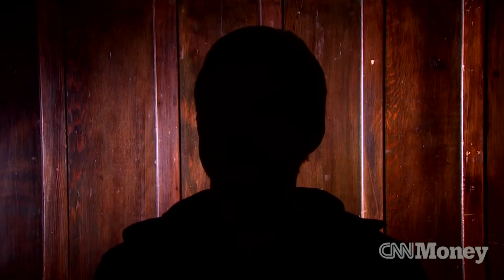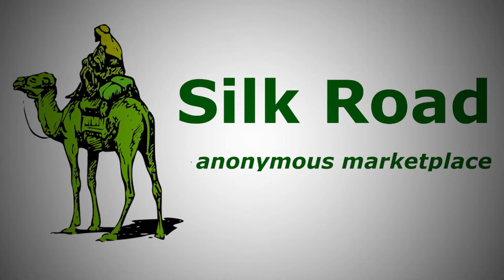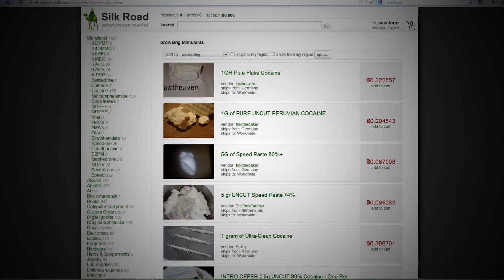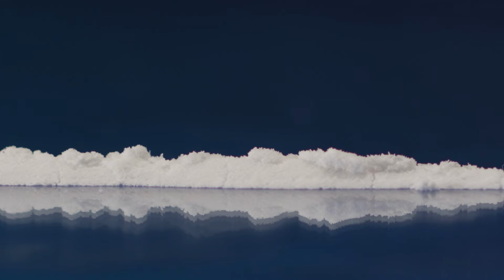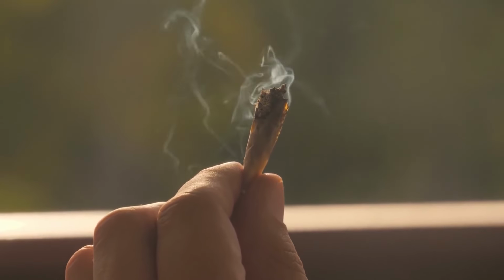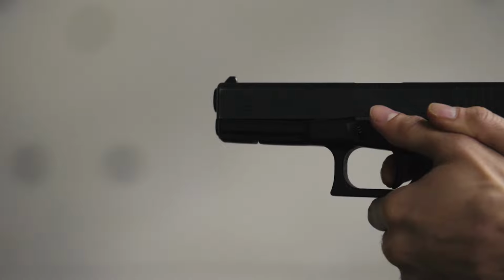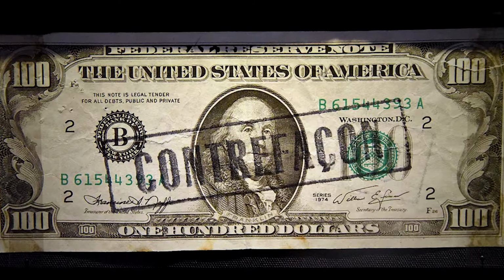In 2011, a dark web marketplace known as the Silk Road opened its servers for business, and it's since become the poster child for the dark web. Here, you could buy any illegal drug you've ever dreamed of. Sellers from all over the world sold everything from weed to cocaine, and if you wanted to space out, you could get DMT or LSD. And if you weren't looking for a high, they had other items like guns and counterfeit money.